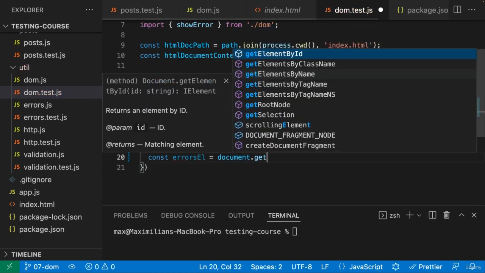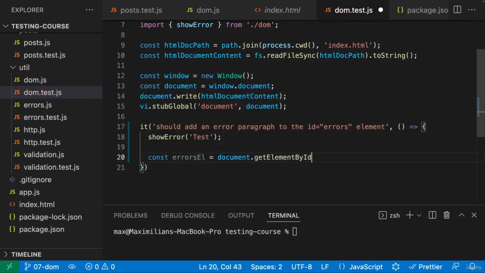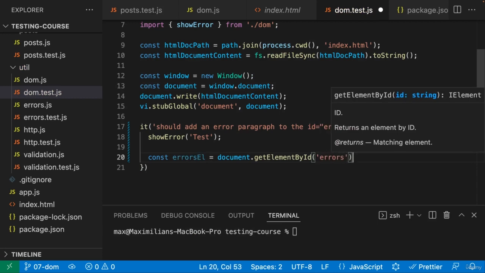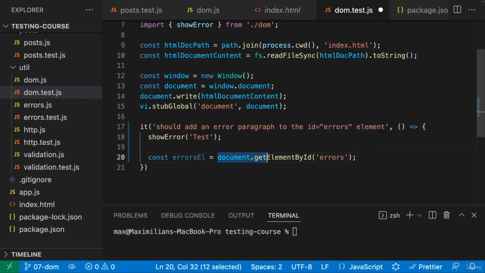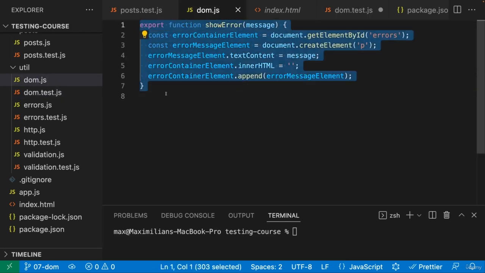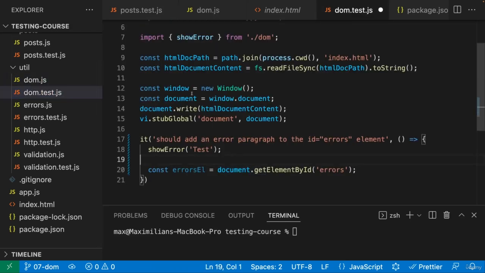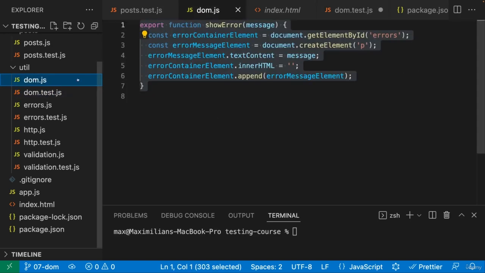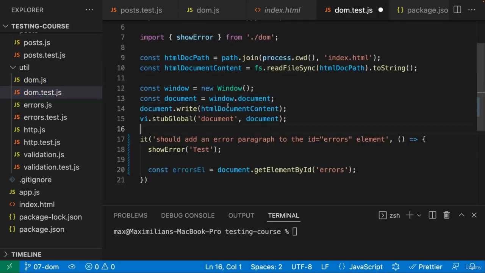using document.getElementById. And I'll select the errors element. And we can use document here in our testing code as well now, not just in the code that's executed by our testing code, but also in this test file itself. We will use the same document which our other code uses, because it's one and the same document which we then stubbed globally, so which we replaced globally. And therefore here I can reach out to this document, get this element with an ID of errors, and then